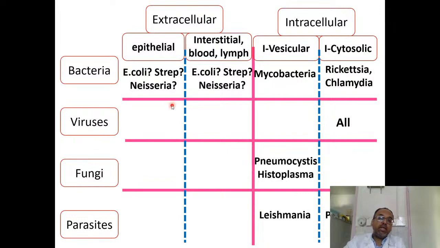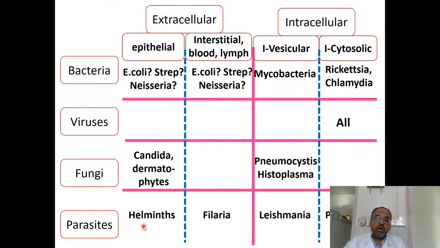For extracellular, we have many examples. Sometimes an E. coli could be at the surface of epithelium, but sometimes it can go deep and enter interstitial tissue. Streptococci, sometimes they're at the surface of epithelium, but sometimes they can cause deep infections. And so is the case for some of the other pathogens. For fungi, when they are extracellular, they are usually at the surface of epithelium. There are limited cases of fungi which live inside blood or interstitial space. And finally, for extracellular parasites, a lot of worms live at the surface of epithelium, but we do have some worms that live in the interstitial space.